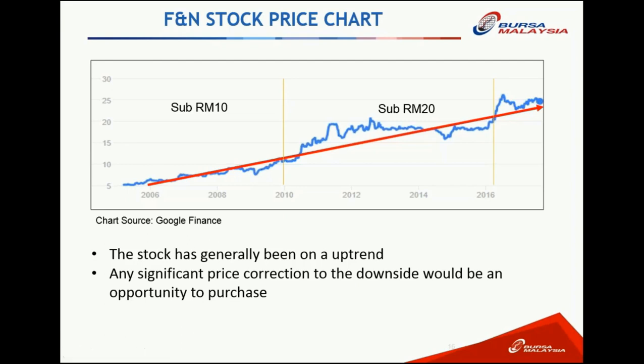So I would say that even consumer staple stocks are very defensive. But if, let's say, there's a big hit on the global stock market, rest assured there will be a sharp correction on the downside. But because a lot of people see consumer products and staples, especially F&N, as a defensive play,